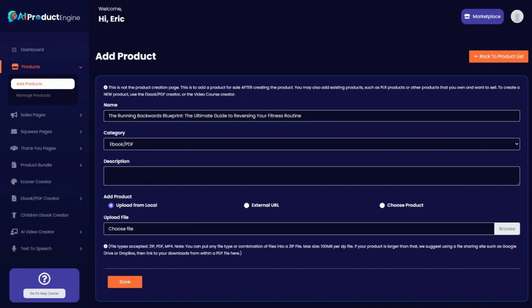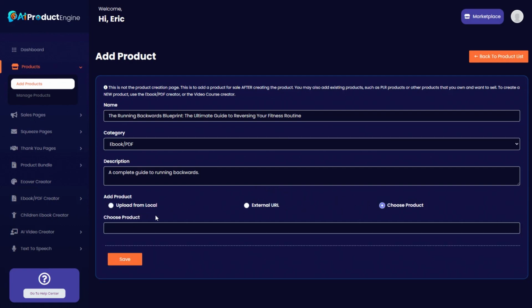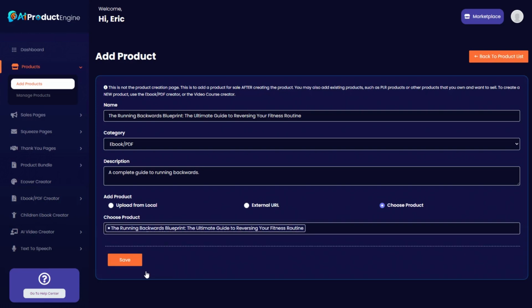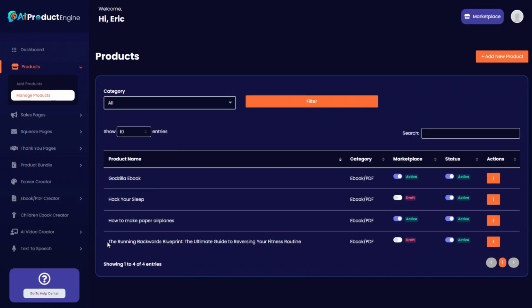The description is a complete guide to running backwards. And this time we're going to choose the product from our local directory here within the platform. From the drop-down, I'm going to select the Running Backwards Blueprint and click Save. Now that this product has been added to our product library, we can create a sales page and a thank